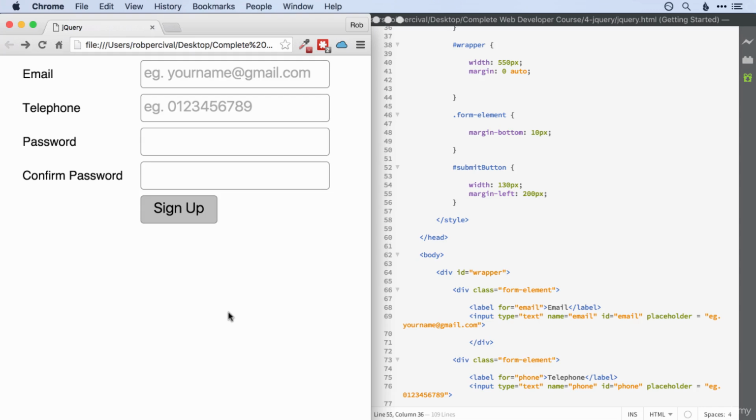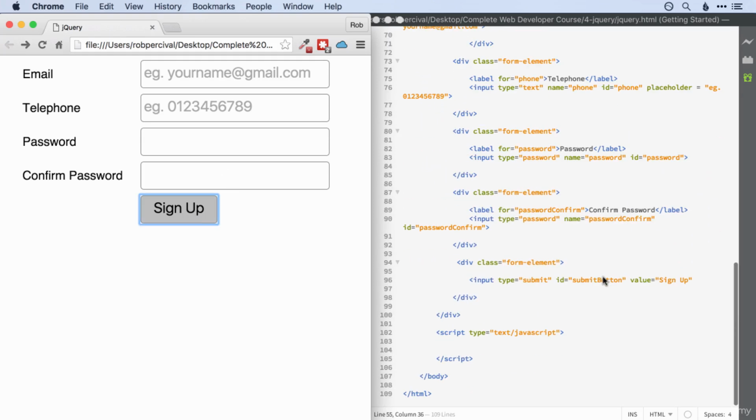It's not exactly a work of art, but it's pretty neat and it does the job. Now for the interesting bit. Let's start doing some validation. So we want our validation to happen when the sign up button is clicked. So let's add that in